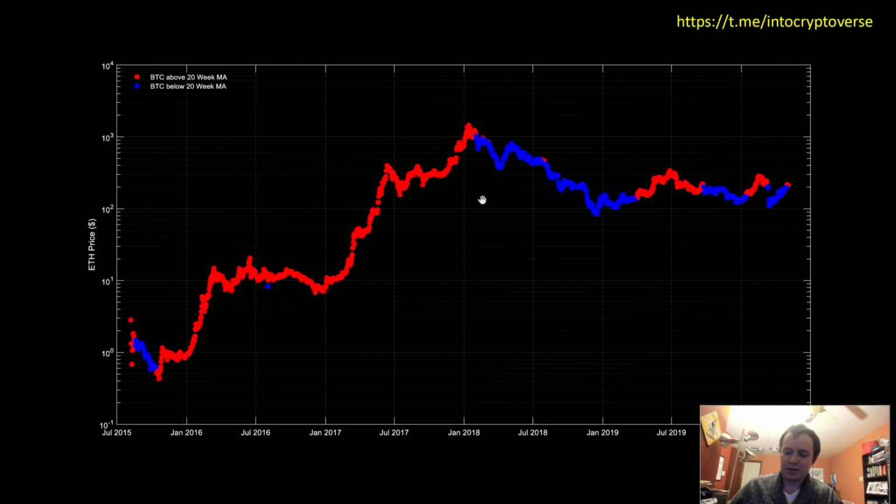But one of the nice things is, historically, it has always gone up with respect to fiat. So if you don't even really care about Bitcoin, if your main focus is Ethereum, look at this chart, because when Bitcoin is above the 20-week, you can see that the value of Ethereum with respect to fiat has gone up each time. So it went up here, it went up here, it went up here, and then we're maybe in the beginning phases of a new shift in the market. And this is basically just measuring from when we broke it to when we broke it back the other way. Again, here to here, here to here, and then here to wherever we break it.